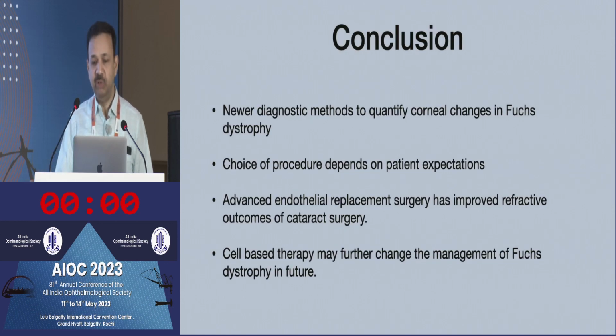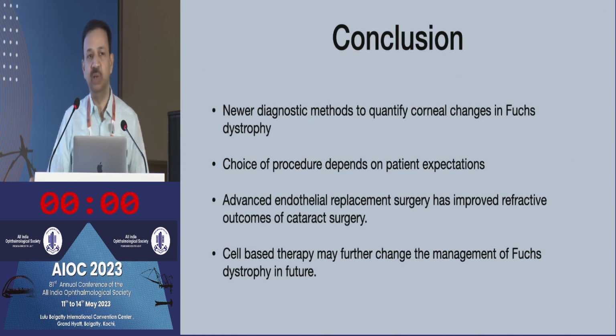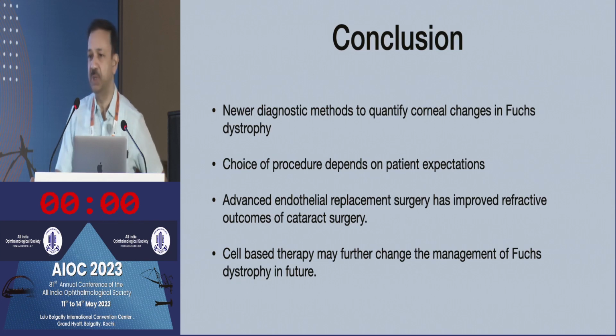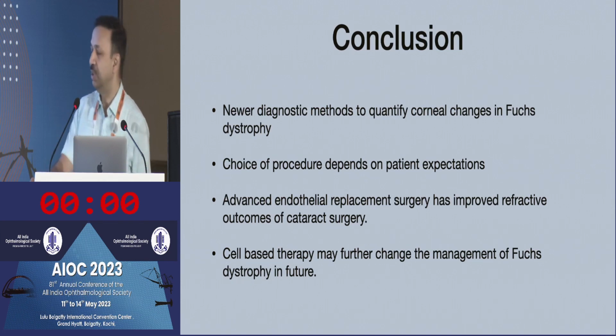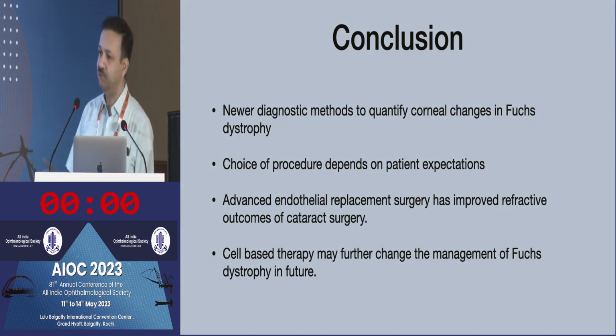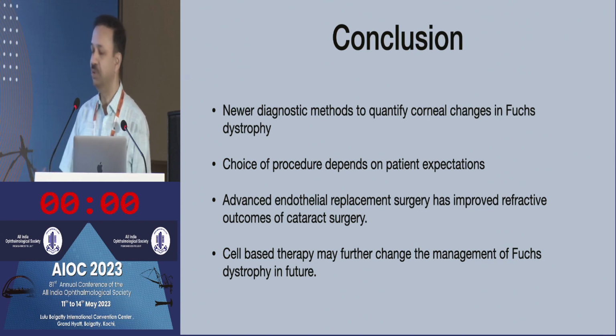So you have newer diagnostic methods to quantify the corneal changes in Fuchs dystrophy. The choice of procedure also depends on the patient's expectations. Somebody does not want multiple surgeries, you can do a combined procedure. Or if somebody wants a perfect refractive outcome, wants to go in for multifocal, maybe you can do an endothelial keratoplasty first, and 3 to 6 months later, you can go ahead and do a